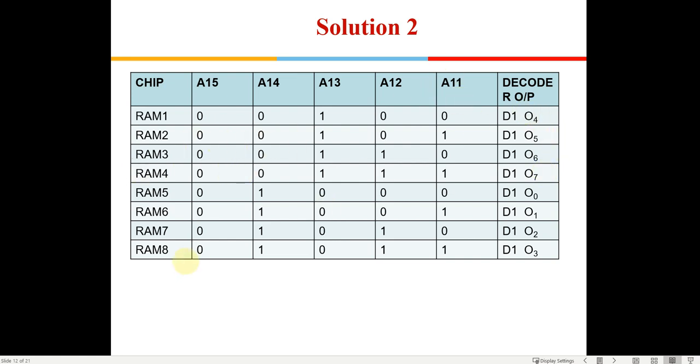This is not written in order, just to show you that you can do whatever you want, but you can write it in a sequential order also. It has been written in this table, so accordingly we need to implement it.